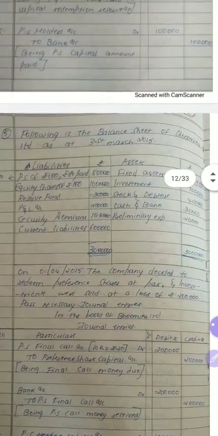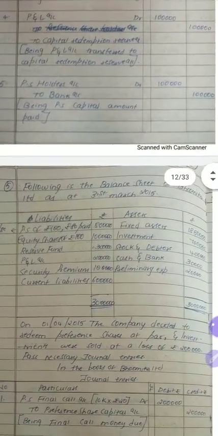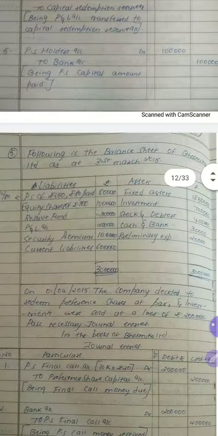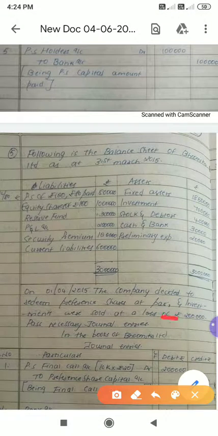And here, look at the question. In this question I have told you preference shares can be redeemed either by issue of equity shares, only equity shares, or by using divisible profits, or by a combination of these two. Still, if you have any loss or shortage, you can sell assets, current assets or investment. In this question they have only given that investment is sold at a loss of 2 lakh. That means they are going to sell investment.